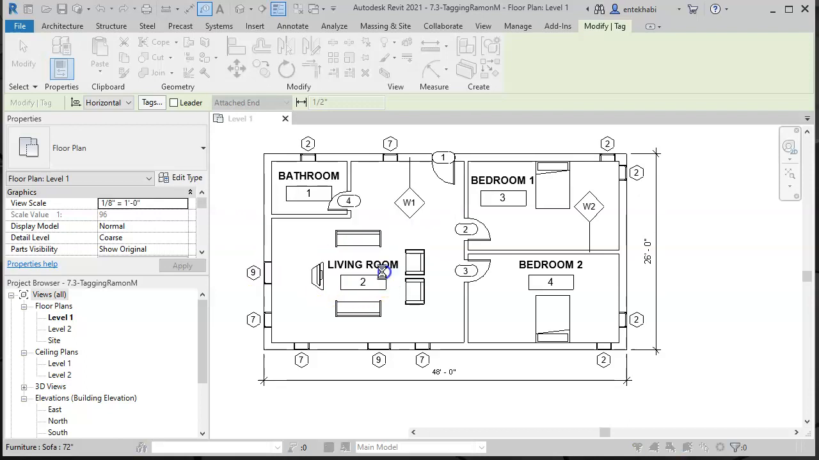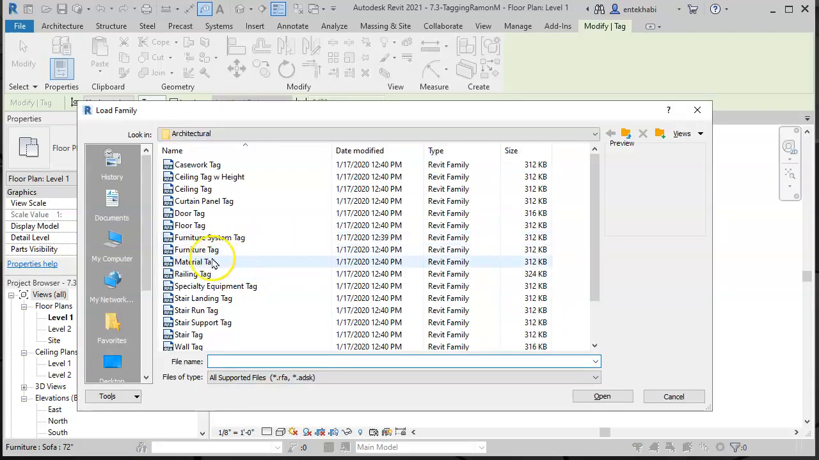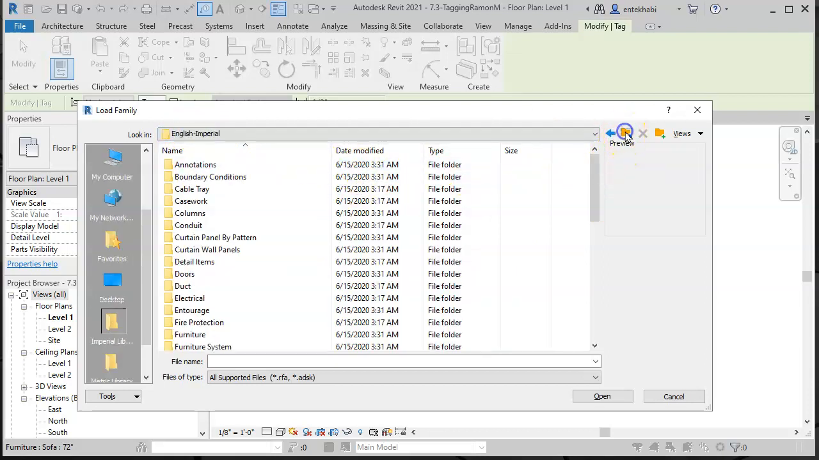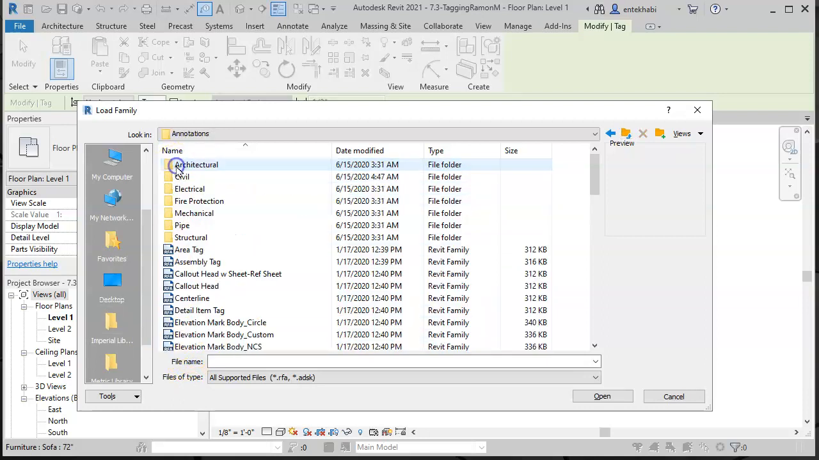You will say yes to that question, and it's going to prompt you to go to the directory where you have loaded those furniture, but you need to go to browse and find the one that is under annotation. So make sure that this is the very first folder under English Imperial. Make sure you have selected annotation, not going to the furniture here, rather going to annotation, and then going to architectural